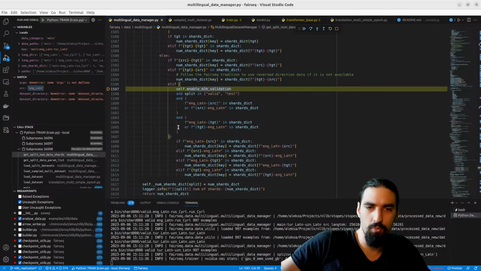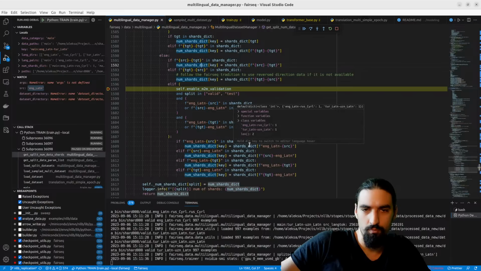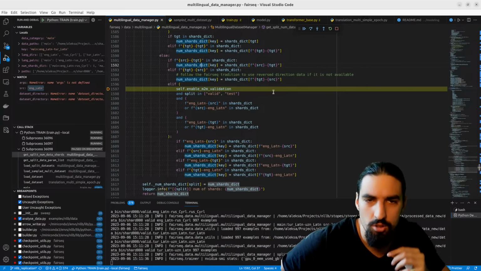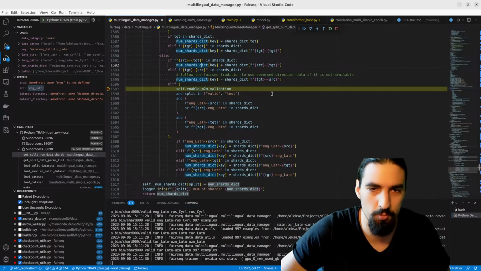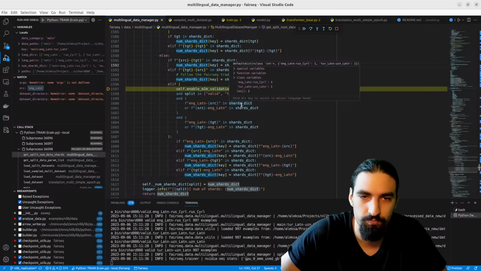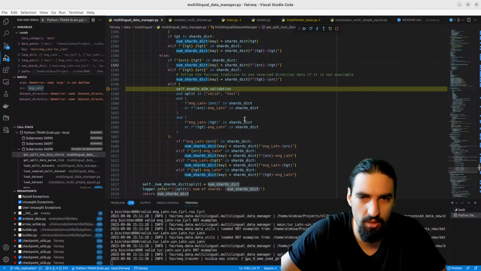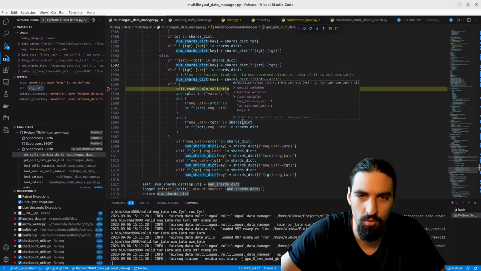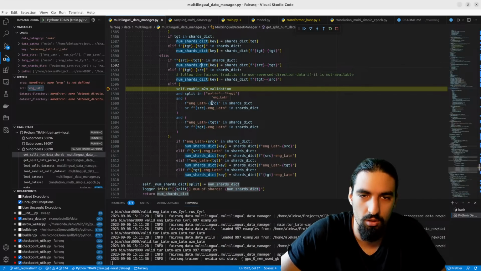Enable, this is set to true. So what does it do? Enable M2M and split is in here, and English Latin exists here, with the target and the source. Source being English, so this will not exist.